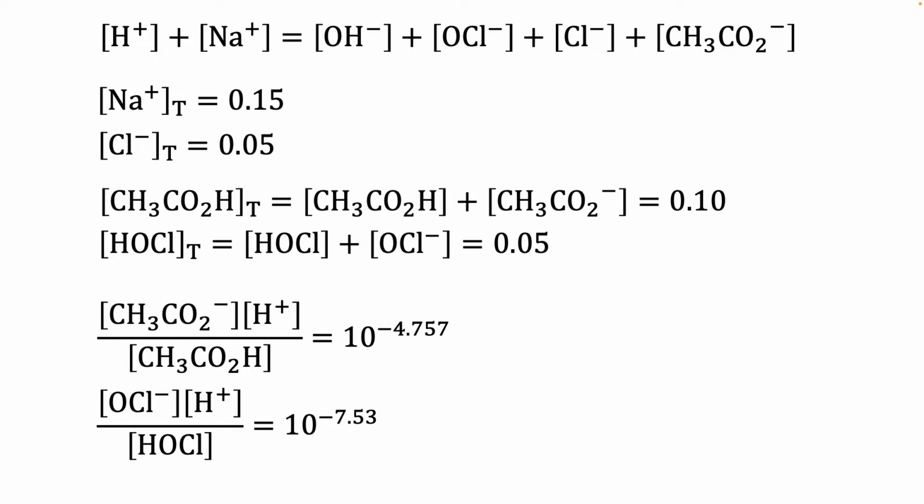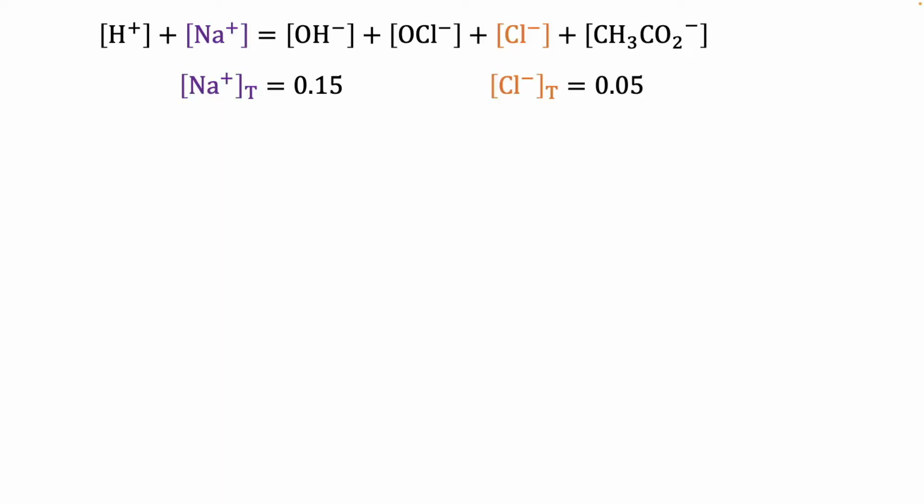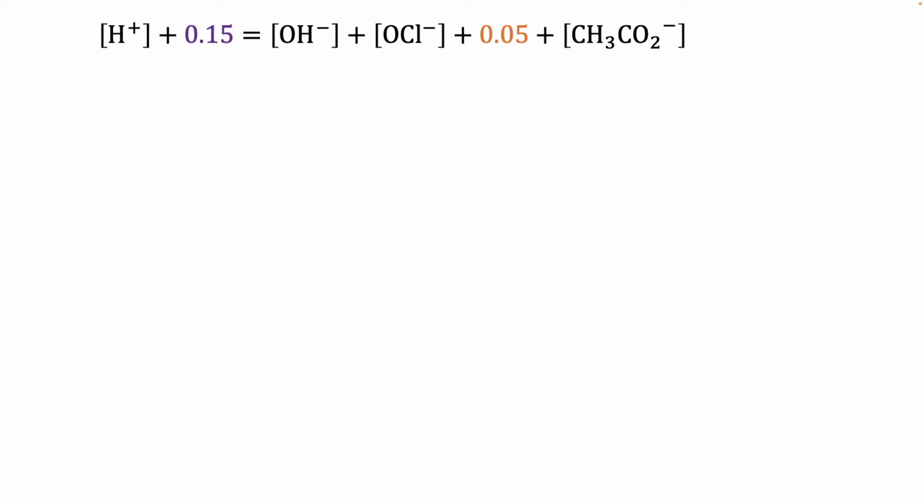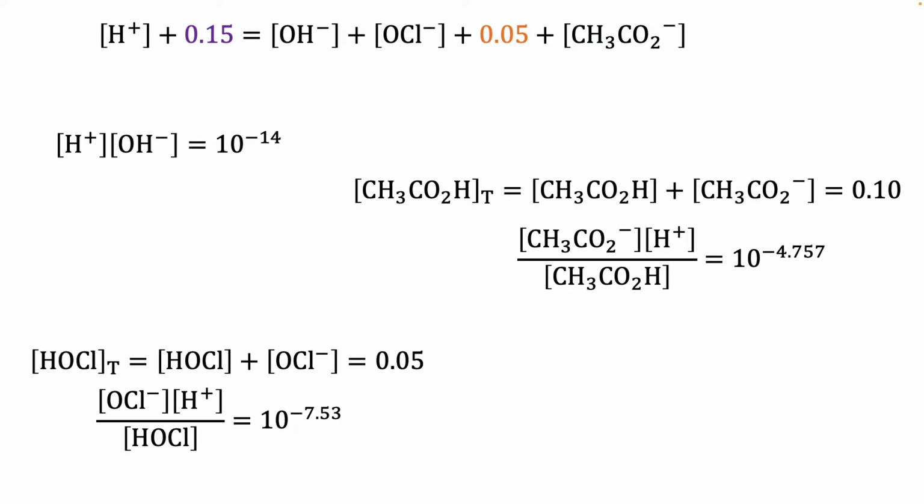So what we have to do then, if we're using H plus as our target variable, is replace everything in this equation with something as a function of H plus. So sodium and chloride we have actual numbers for, so let's plug those in. And then what we need to find is these other 3 variables in terms of H plus. So here are the equations that we haven't used so far, and we manipulated these in class,